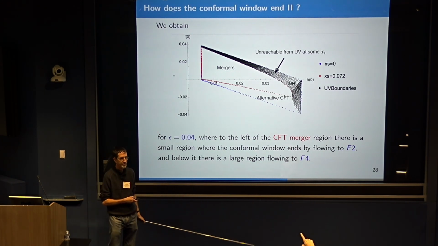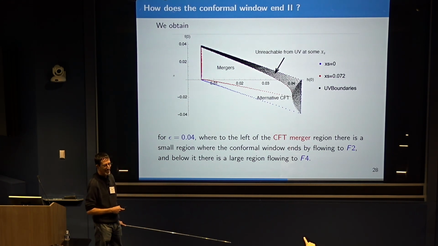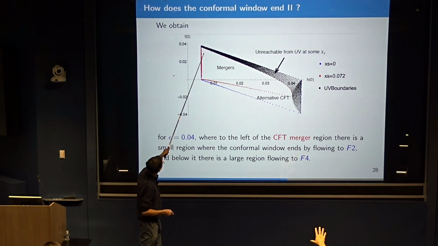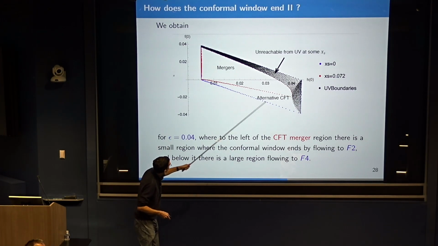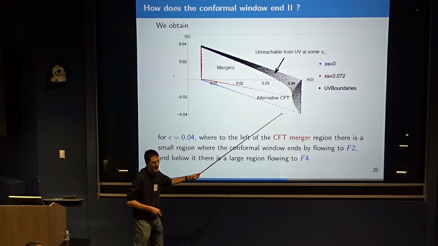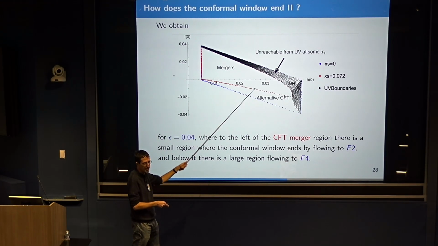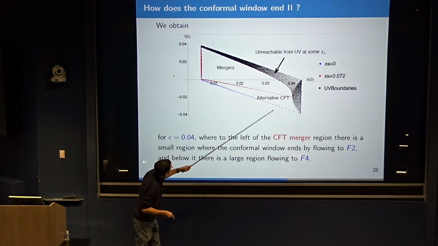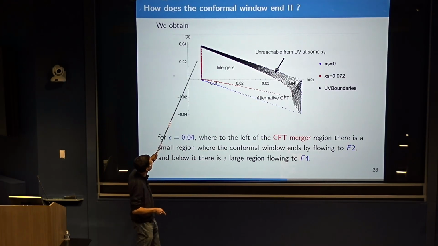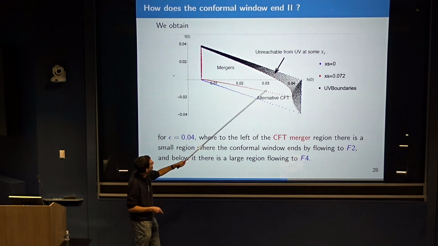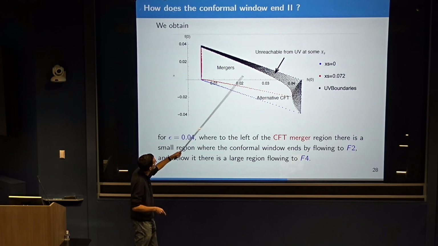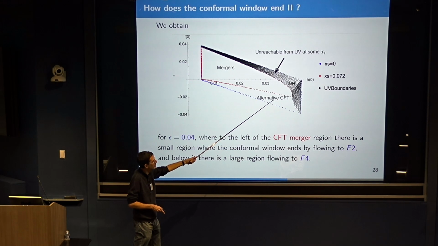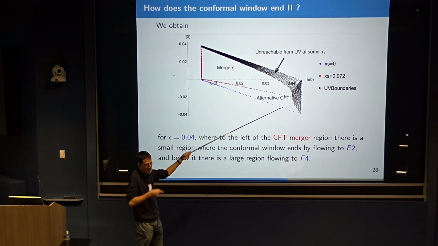This was a bit fast, so I didn't... Yeah, so sorry. Inside the blue dots. Yeah, inside the blue, so the theory is asymptotically free inside this bigger region, the region that's not black. In this region, there is a well-defined RG flow, and we can just ask what happens to the RG flow as we change x. So for small values of x in this whole region, we flow to the fixed point. But then when we increase x, eventually we only flow to the CFT in the region that's bounded by these red dots. So outside of these red dots, somewhere in the middle, we flow to this other CFT,